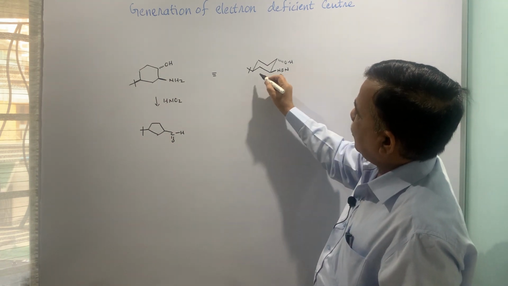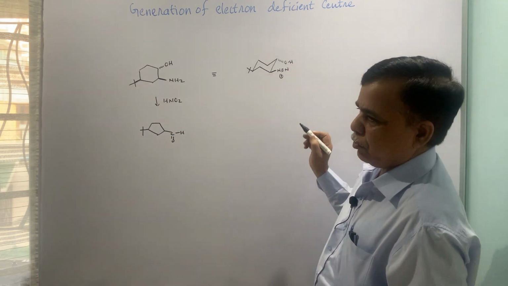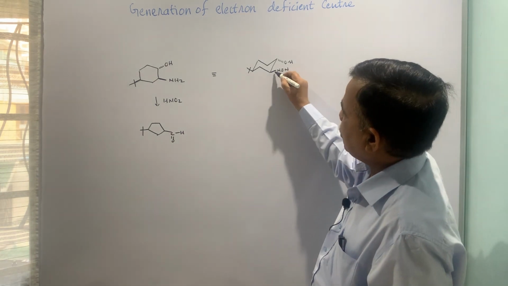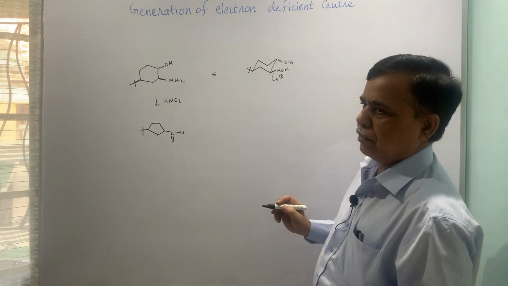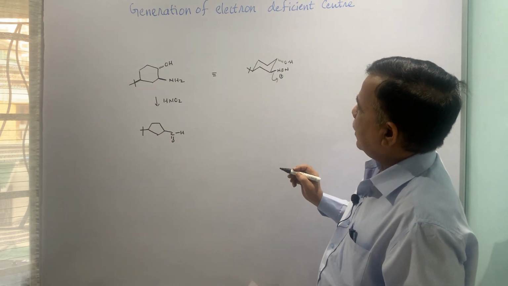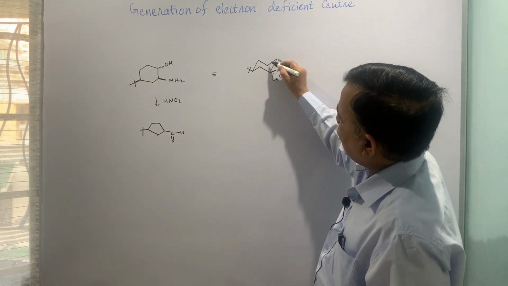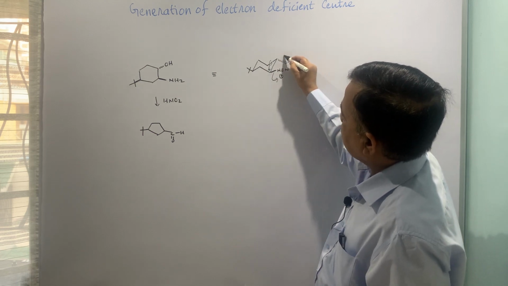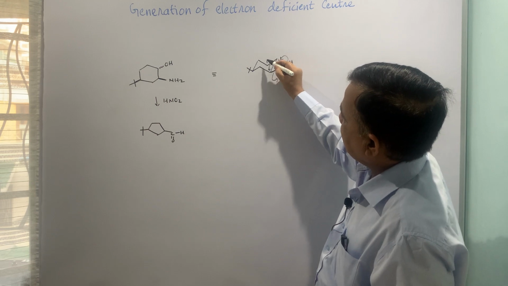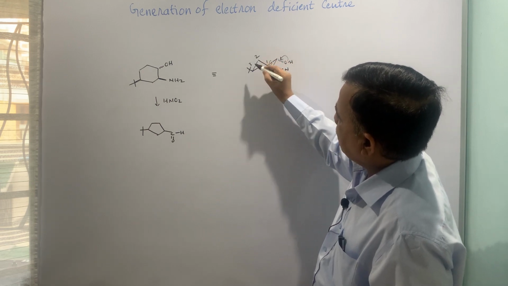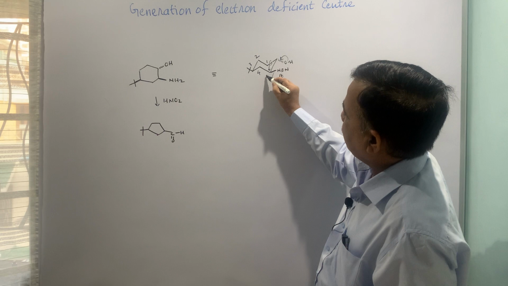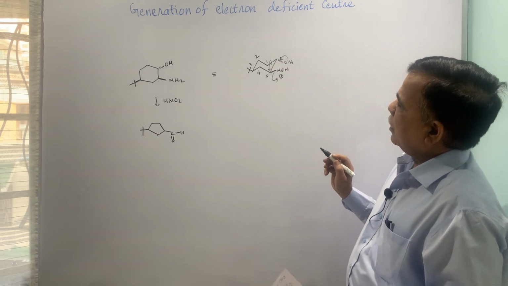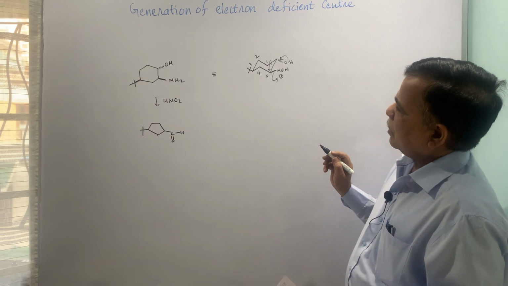Now this is beta equatorial, this is beta equatorial, alpha equatorial. Everything is in equatorial position, so this is the most stable. This goes off, and now the anti bond to this, now this bond will migrate. This comes here. So I am putting the numbers 1, 2, 3, 4 and 5. This becomes a 5-membered ring, and the relative positions are there.